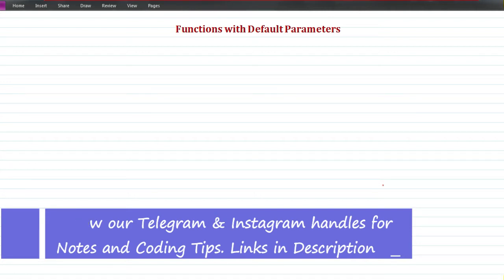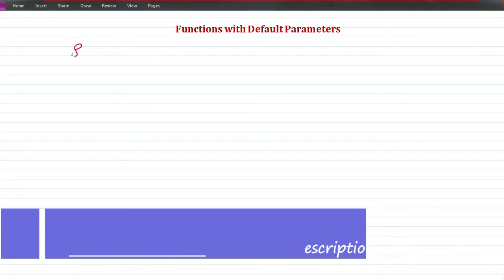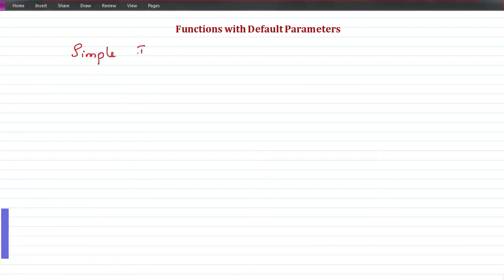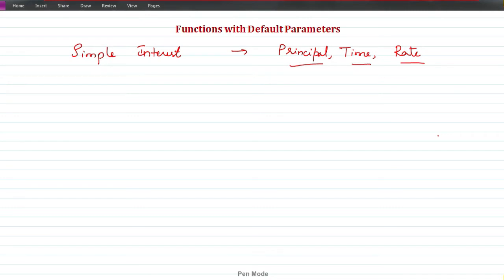For example, suppose I have to calculate simple interest. To calculate simple interest, I need three parameters. What are they? I need principal amount, I need time in years, number of years of investment, and then I need rate of interest. Now, with these three values, I will use a formula PTR by 100 and I can calculate simple interest. Let us assume most of the times rate of interest is going to be the same. Let me take 8%. In almost all types of investment, rate of interest in my bank is always 8%. Only in certain special cases, it is 8.5%.